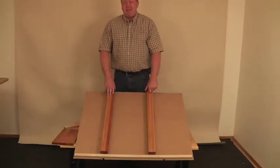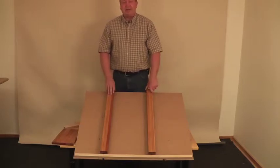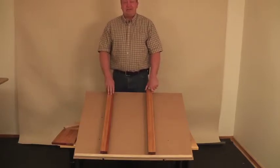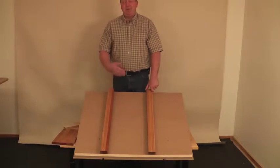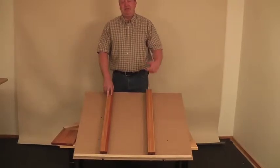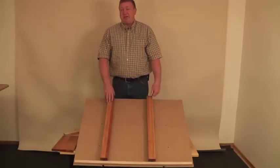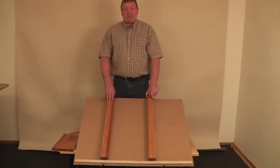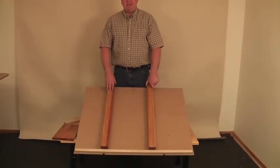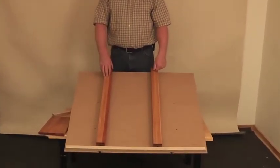The 1468 model has two front legs, two back legs. The diagonal legs are the same. When we do our part descriptions, we usually describe them from the front of the unit, so a left front leg or a right front leg. We're going to put together the side panels. Both side panels will be the same until we attach the glides, and that will determine what is the left